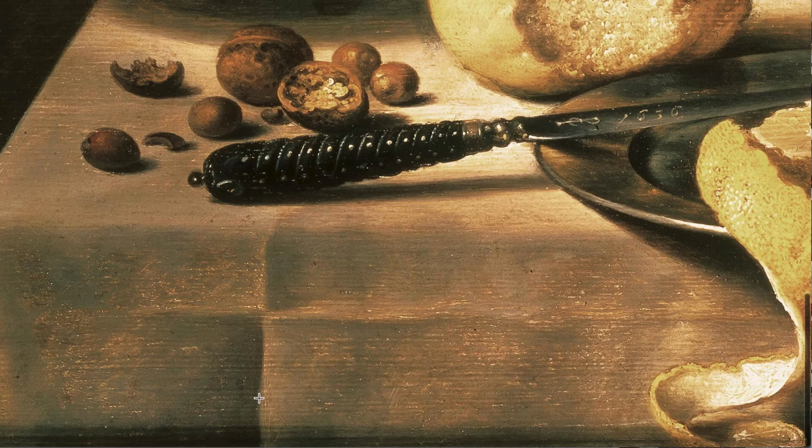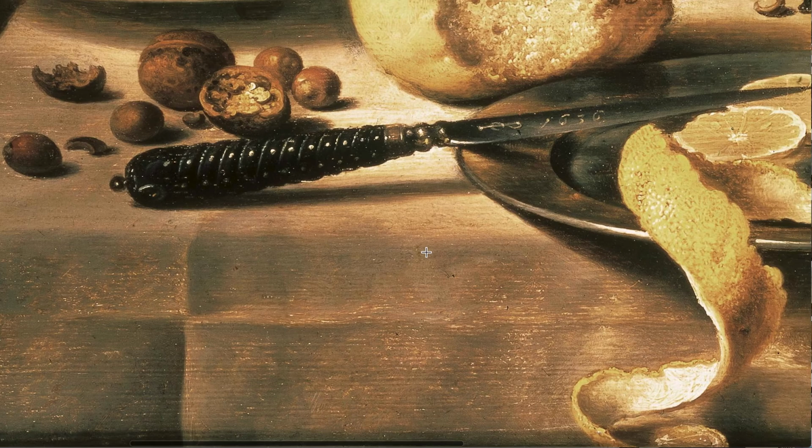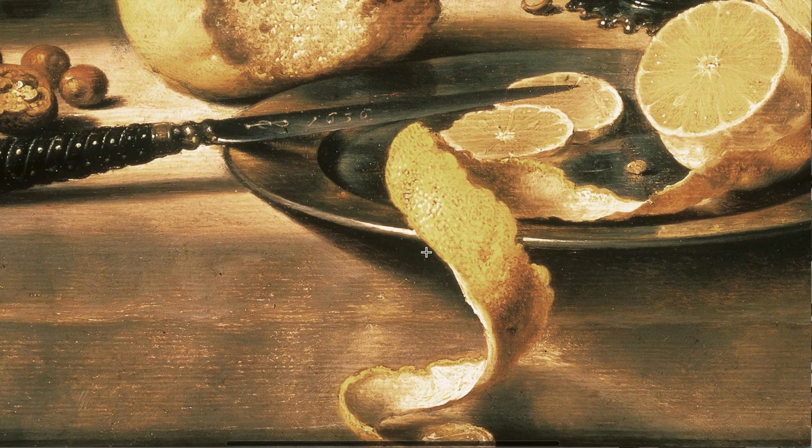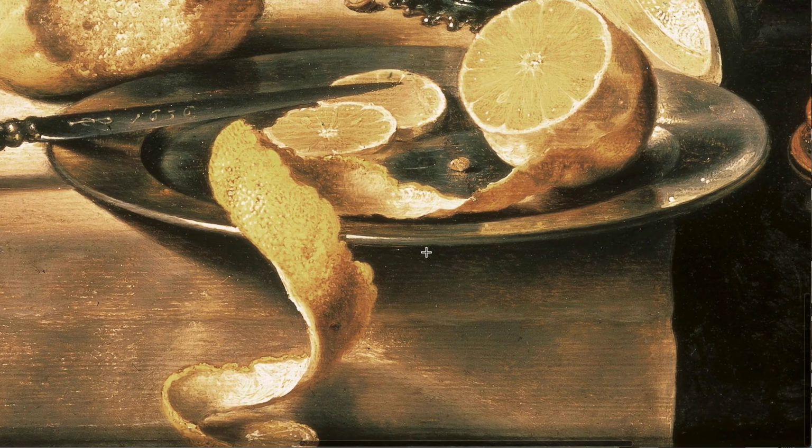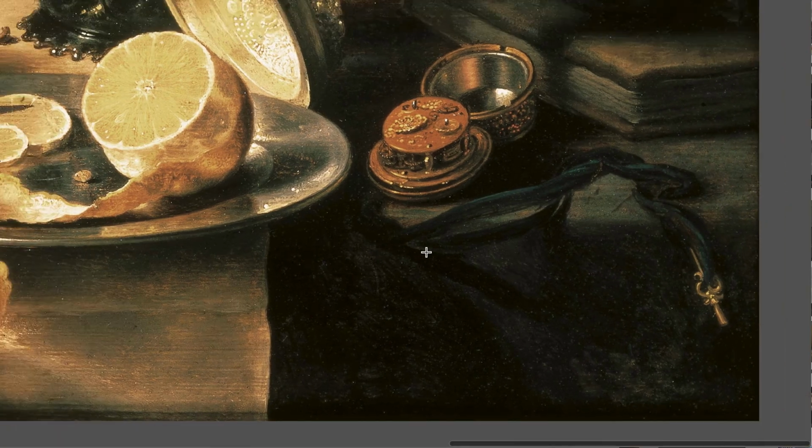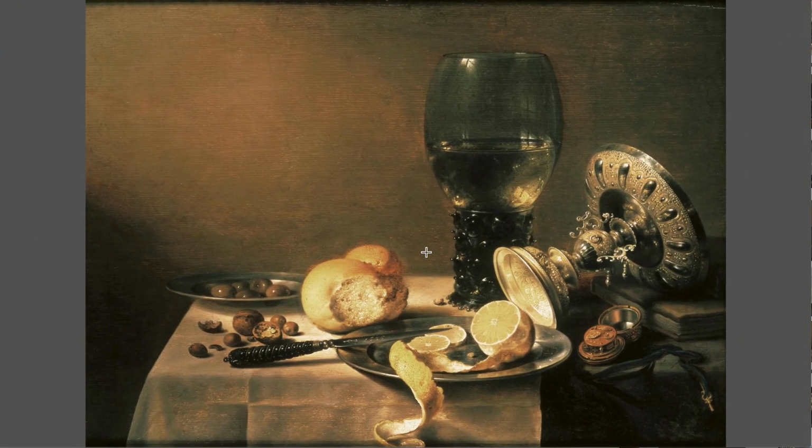When the cloth was folded and unfolded, it left little creases. The citrus rind. All the things are observed, and the artist is showing off his ability and competing with the other artists